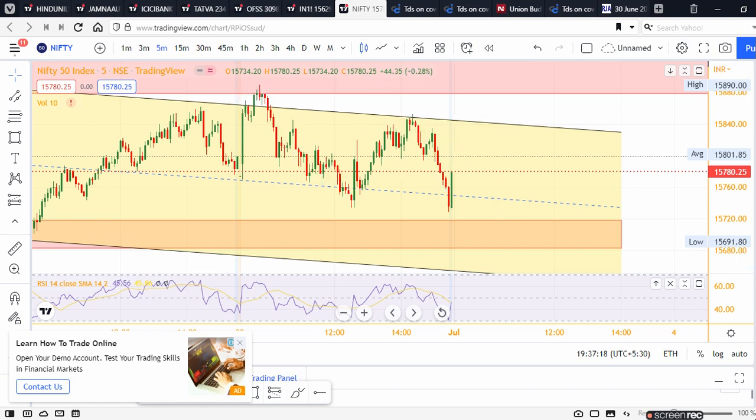So this was the analysis. During the day, our analysis which we did yesterday went perfectly fine. Most of the YouTubers, most of the Telegram channels and groups which you follow, you must have seen, were having an expectation that today will be a trending day. So trending day तो नहीं रहा market के अंदर. Market stayed range bound. जहां से शुरू हुई वहां पे ही खत्म हो गई.